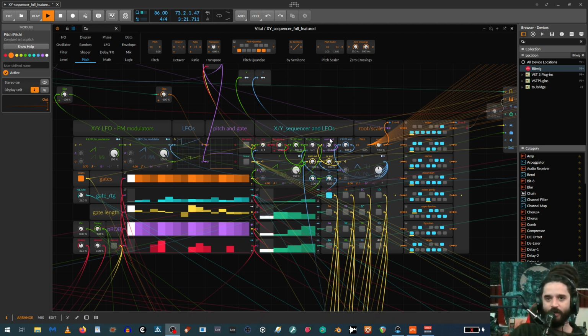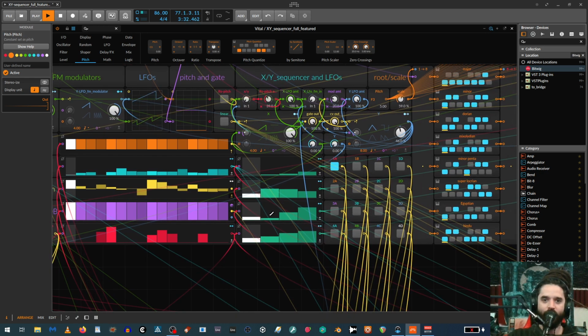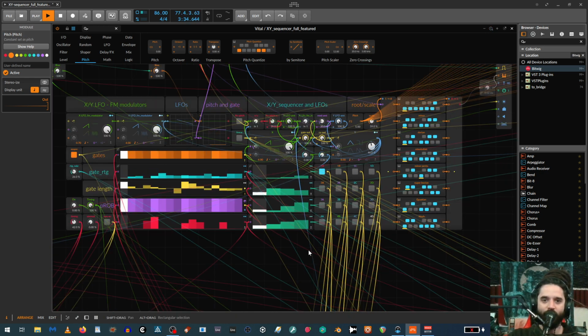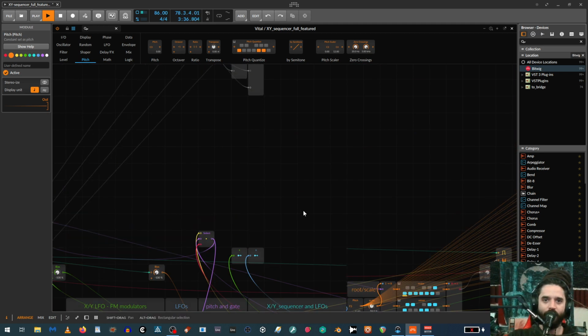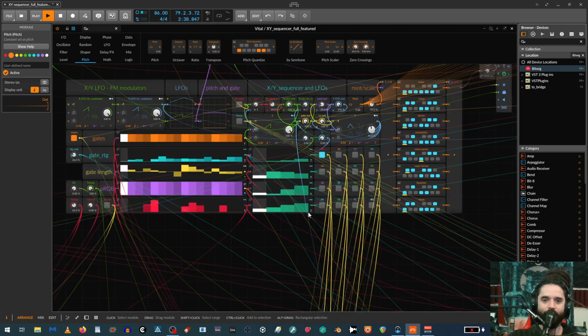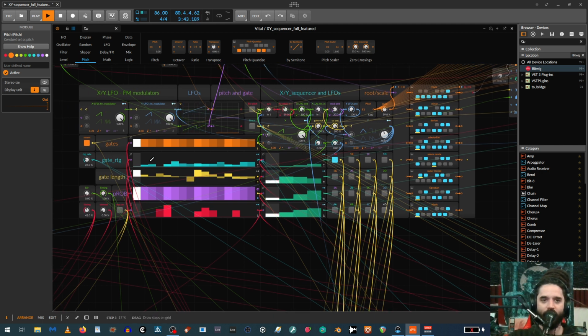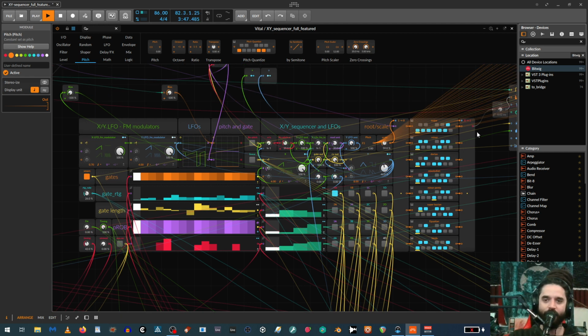So this is something I've just been working on the last couple days. This thing is combining some different sequencers that I've shown in previous videos. So I've got my XY sequencer over here, except I've replaced the 16 buttons that I had in this version with just four-step sequencers. And then I've got my retriggering sequencers and different things, and then I just added this